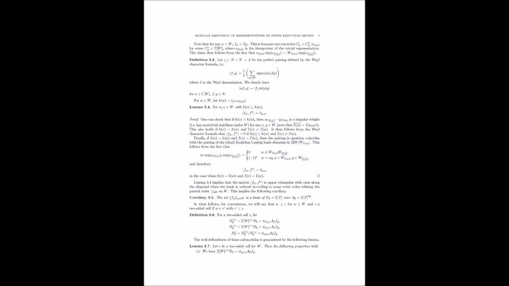Those V's represent characters of Weyl modules, a fundamental building block in the representation theory of algebraic groups. V_0 is the character of the trivial representation, and V_Q1 is the character of a Weyl module associated with a particular weight. So even in this simple case, we see how the M elements can be expressed in terms of Weyl module characters. Exactly, and as we move to more complex types, the calculations become more involved, but the principle remains